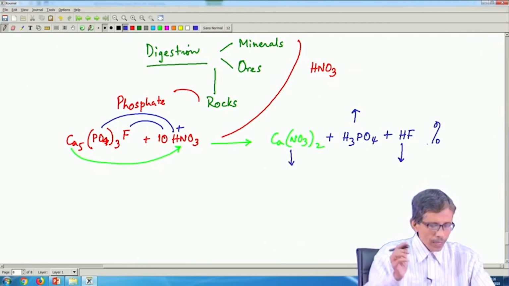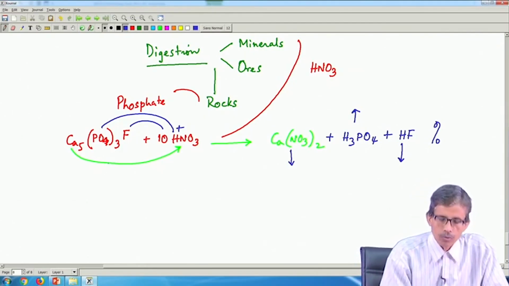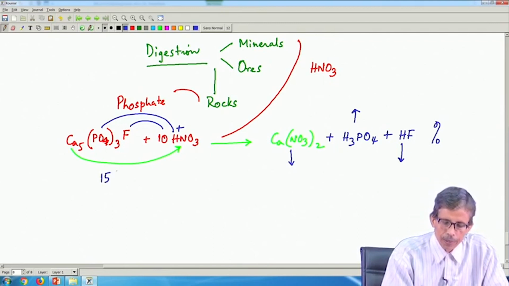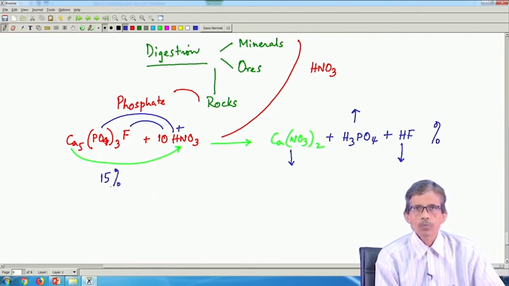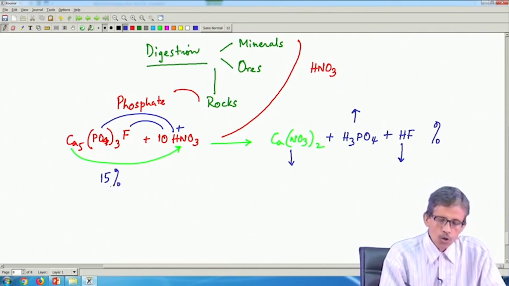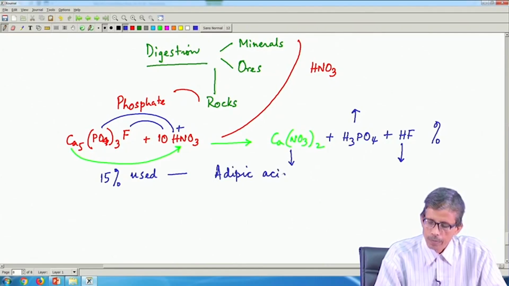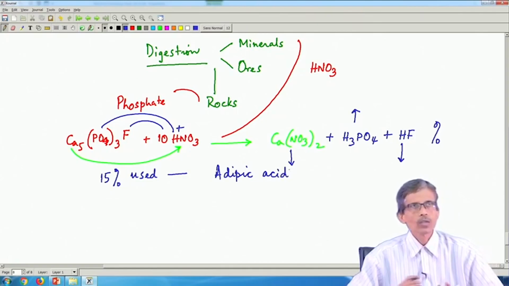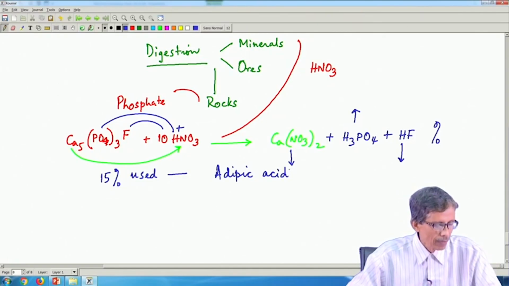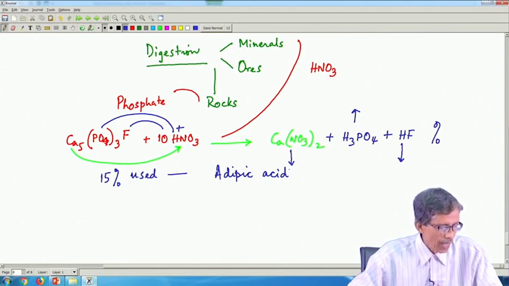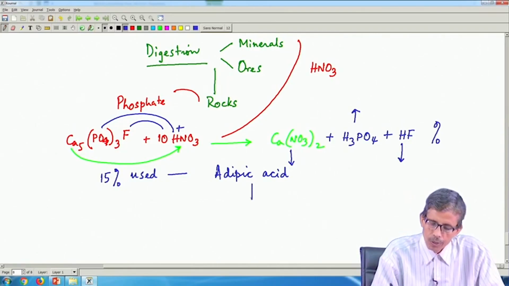Then a very small amount, only 15% of the total production that we get from the industry, is used for making one industrially important compound, adipic acid. As we were talking some time previously, this is for making nylon, making of fibers,